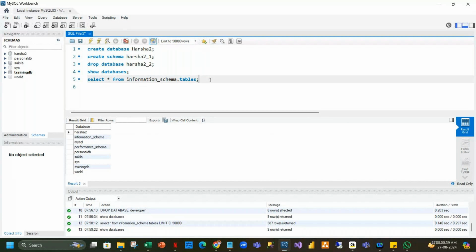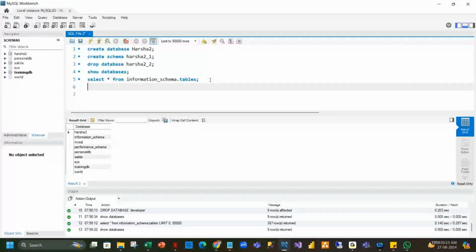Okay. So going back to the next one we have here. The next option you have here is, so now you know what is a database, what is a schema, and you know how to create a database, drop and see the list of databases. Now in a database, what is the general structure? First you will have database. If you expand it, you have